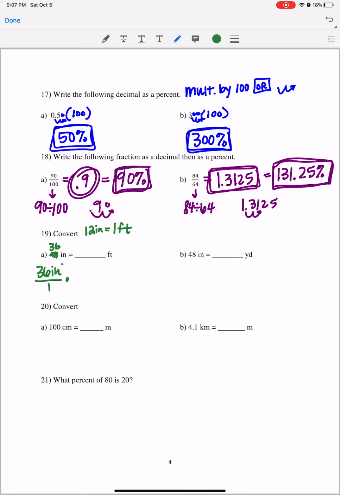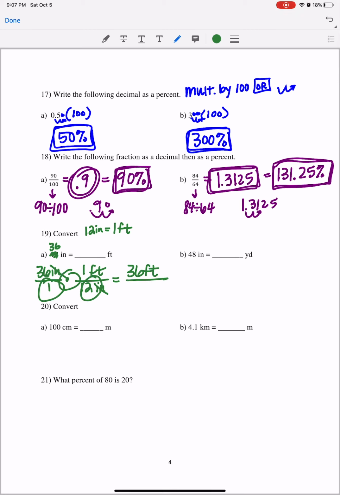So, because I already have inches on the top, that means I want my unit of inches to be on the bottom. So, we have 12 inches on the bottom. That leaves my 1 foot on the top. So, my inches cancel. That's the whole point of this, is to get your units to cancel and now multiply straight across. We've got 36 times 1 foot. So 36 feet